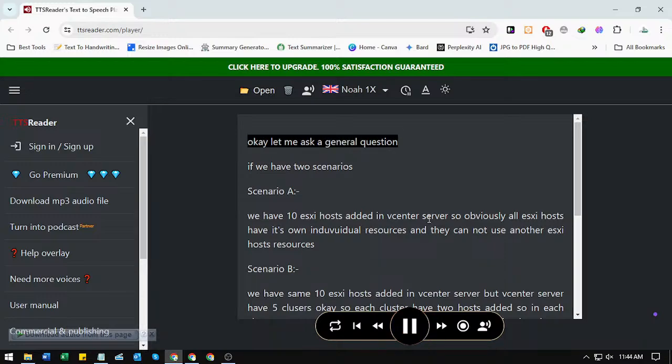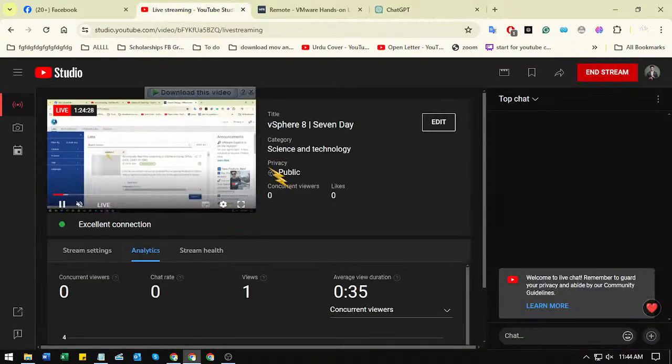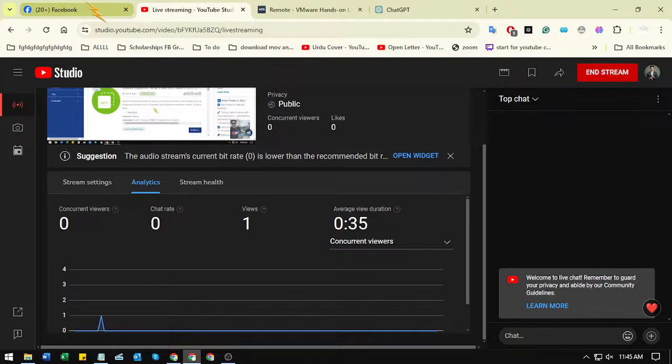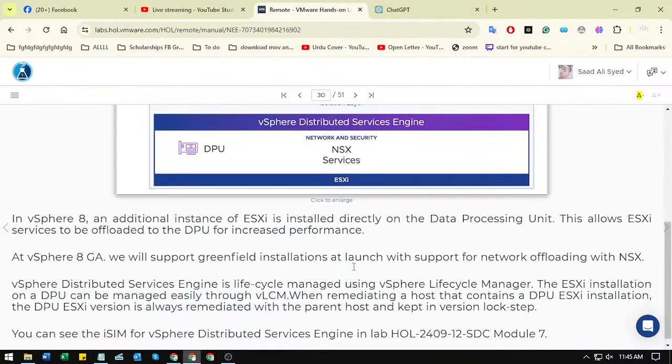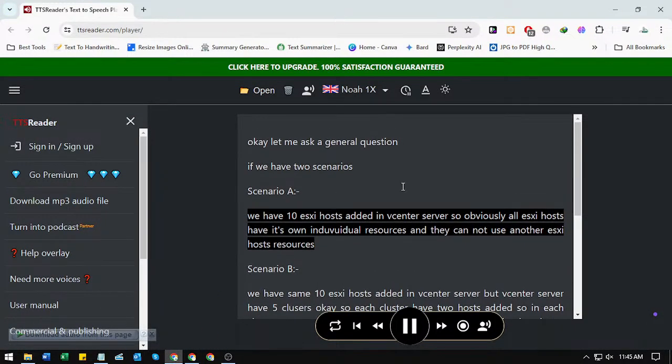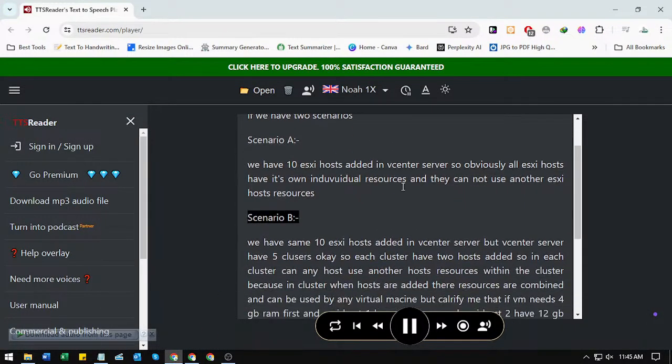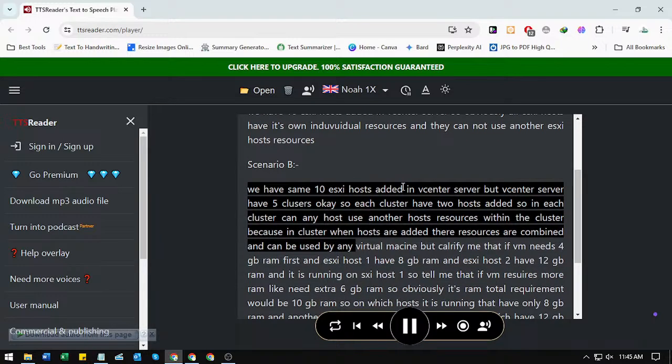Okay, let me ask a general question. If we have two scenarios. Scenario A. We have 10 ESXi hosts added in vCenter Server, so obviously all ESXi hosts have their own individual resources, and they cannot use another ESXi host's resources. Scenario B. We have the same 10 ESXi hosts added in vCenter Server, but vCenter Server has 5 clusters. Each cluster has 2 hosts added, so in each cluster can any host use another host's resources within the cluster, because in a cluster when hosts are added, their resources are combined and can be used by any